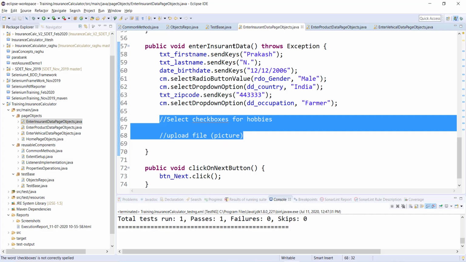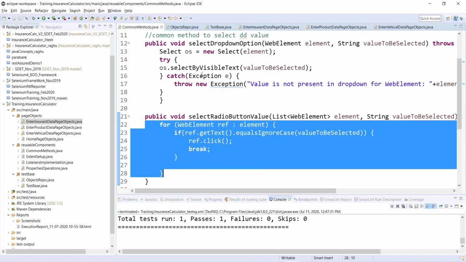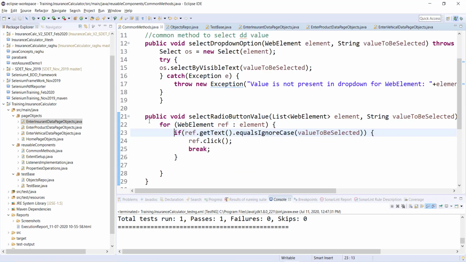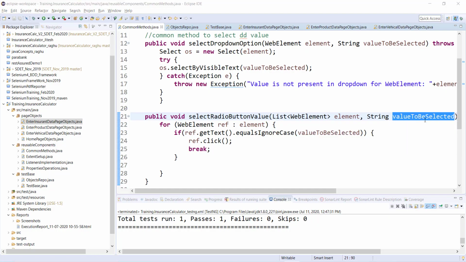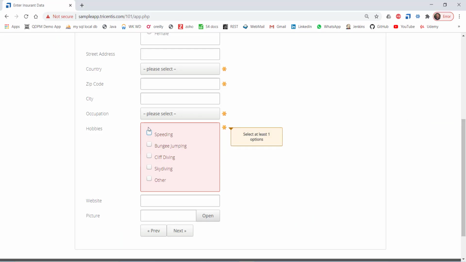So if you see the common method we created for handling radio buttons, it is something like this, where we ask for the list of web element and where we ask for the value to be selected. This value to be selected can be either male or female, only one value at a time, but in case of checkboxes it is going to be multiple values, right?